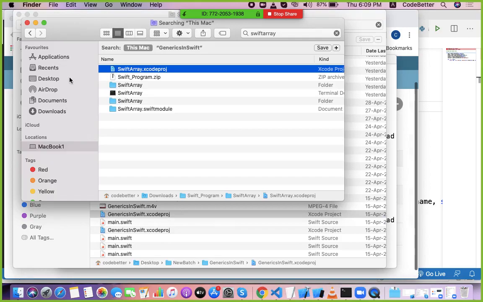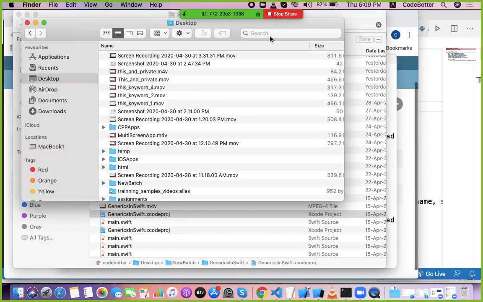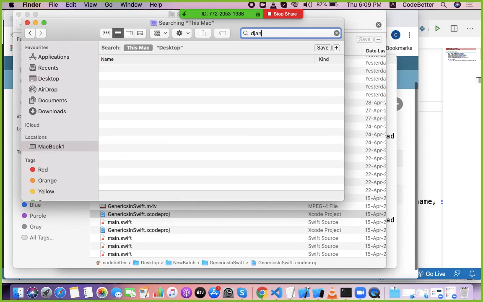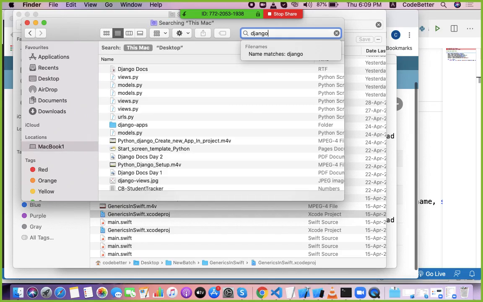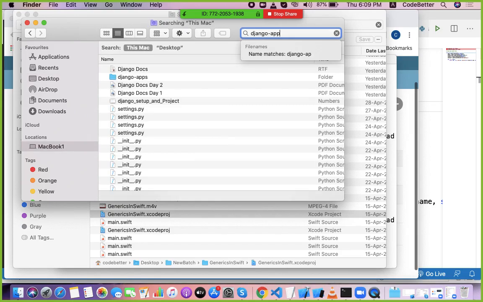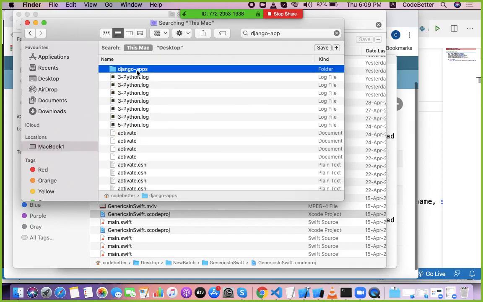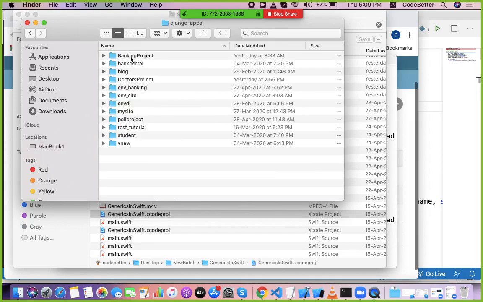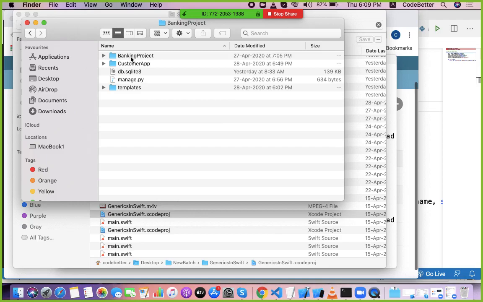Let me show you the folder. Where is our database? The database of the banking project is here, db.sqlite.